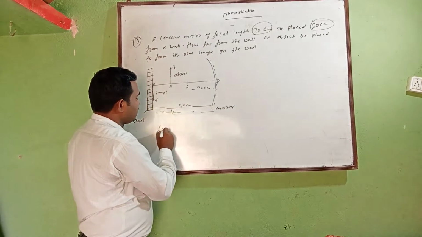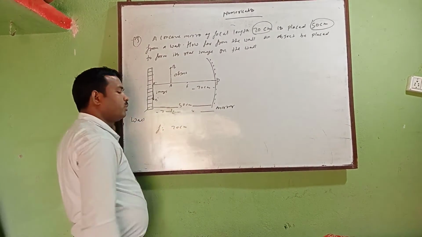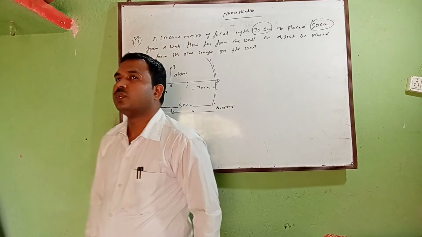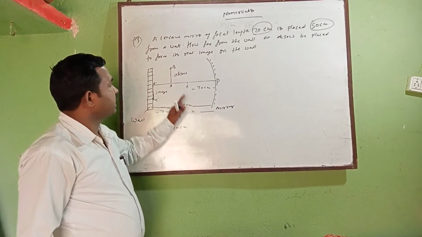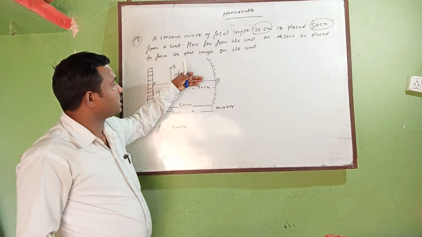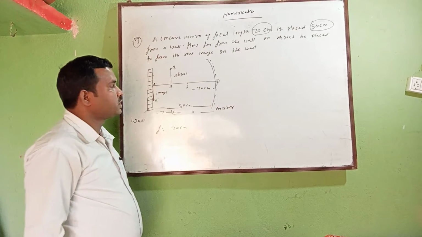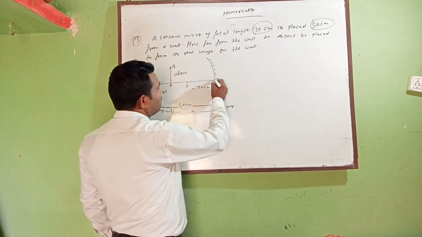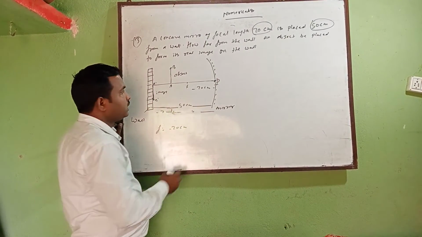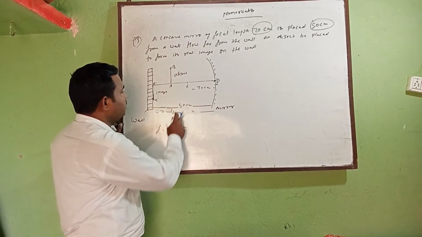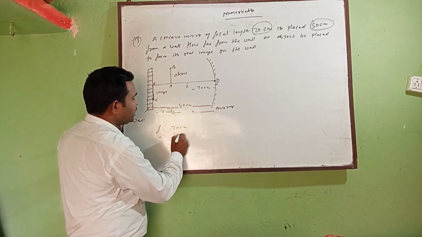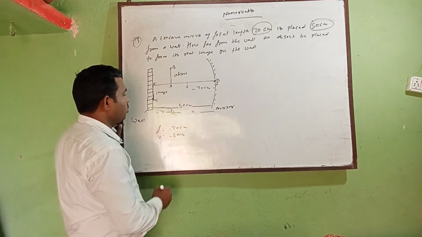Here is given focal length f equal to 20 centimeters, but we know that there is the sign convention. What is the sign convention? The distance measured towards the ray of light is taken as positive, against the light is taken as negative. But the first condition is that all distances are measured from the pole. So in that case, the focal length will be negative, and we also have the image distance, v equal to 50 centimeters, and that will also be negative.